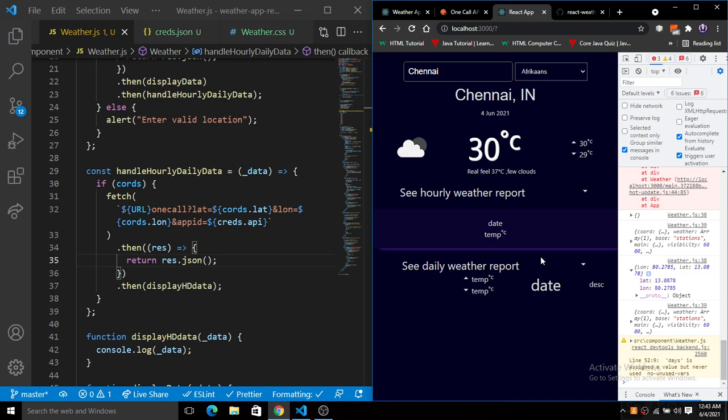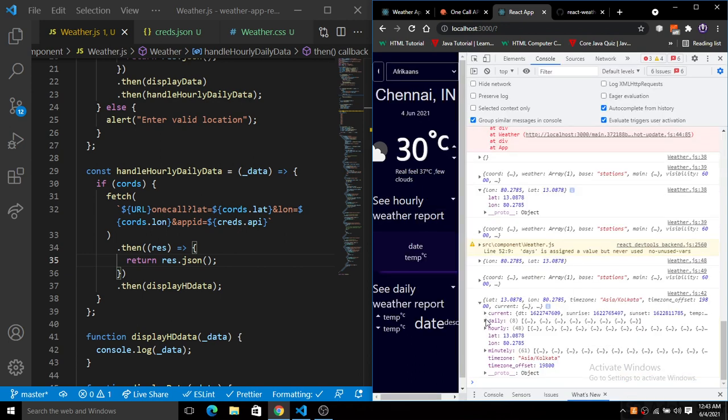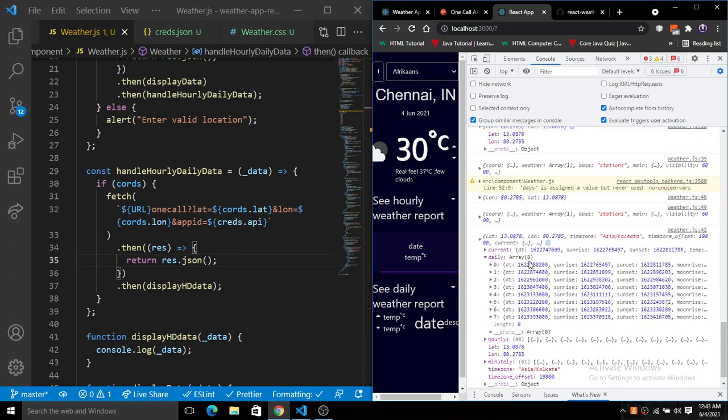Okay, so we have hourly or daily data. You can see here at the very bottom. Okay, now I'll make it bigger, and now you can see here we have current data, we have daily, that is for 8. You can see here we have an array of 8 elements, that is for the whole week data.